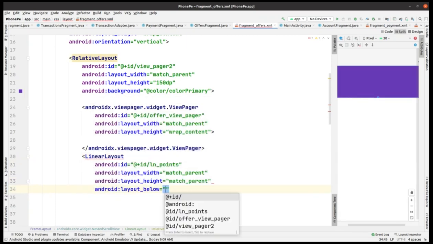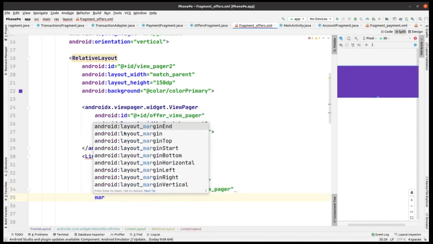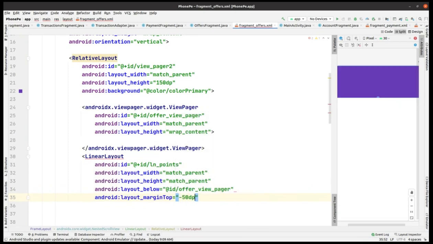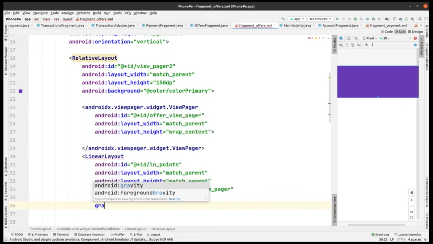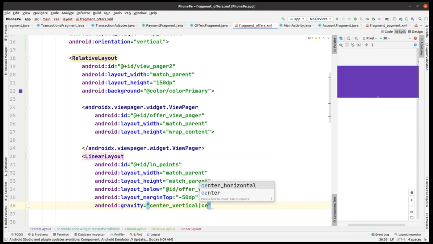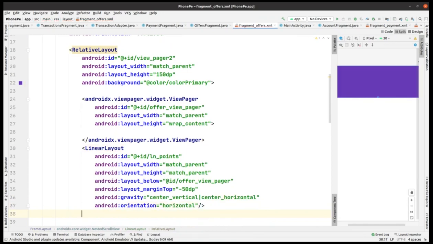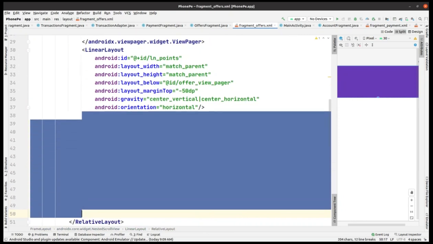Okay, no issues. And then we have a layout below. Again, let me check this. This should be below the offer view pager, not view pager 2. Again, we gotta add a few more properties such as margin from the top and all these things. Gravity should be center vertical as well as center horizontal, and then orientation is horizontal for this linear layout. Okay, now